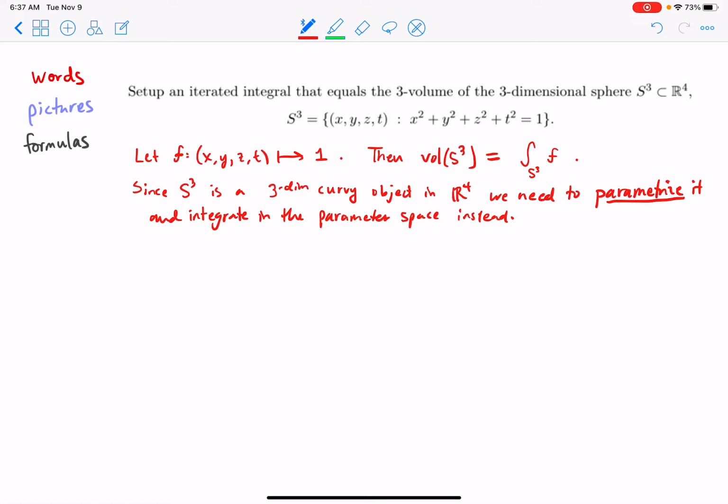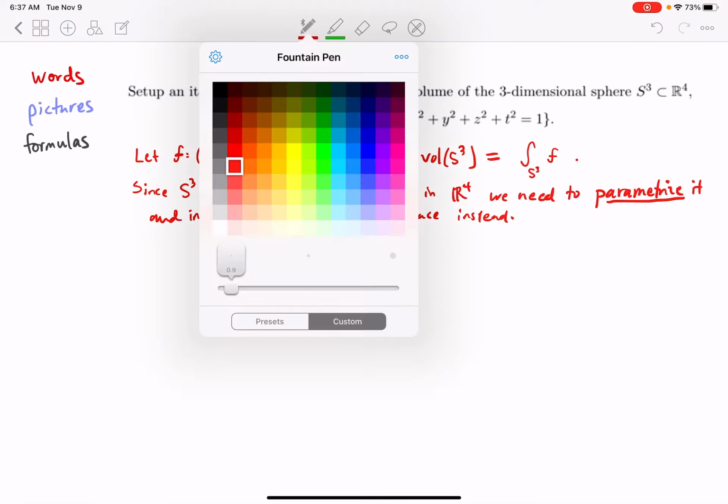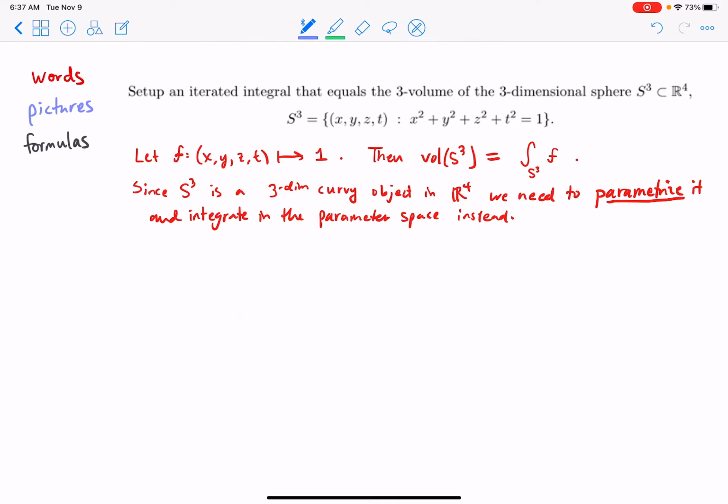Okay? In fact, what we'll see, and I'll draw a little picture here, is that we'll integrate over a certain prism, rectangular prism,